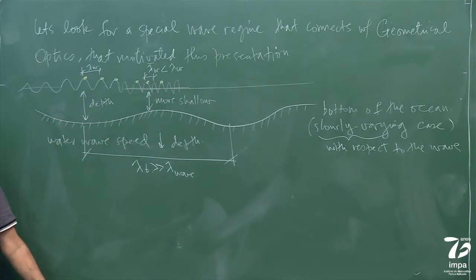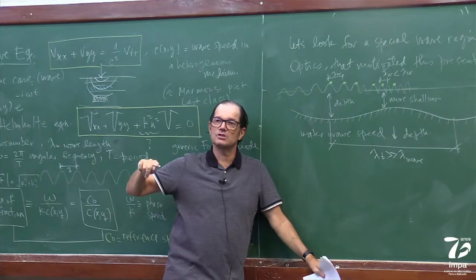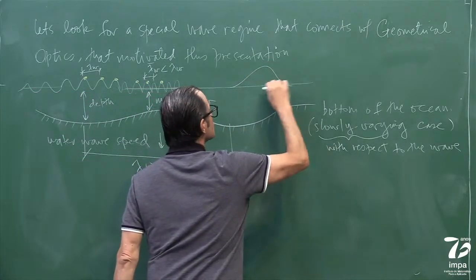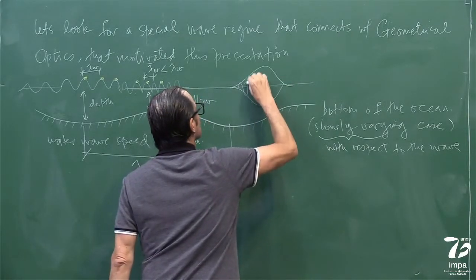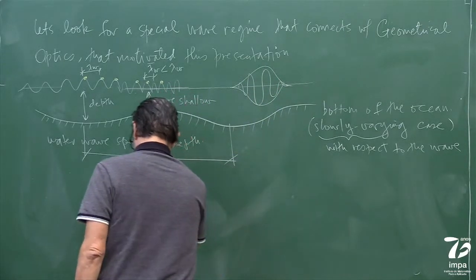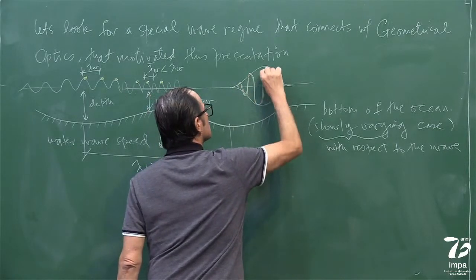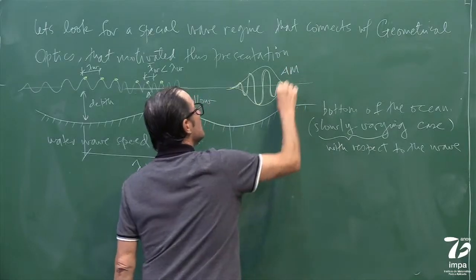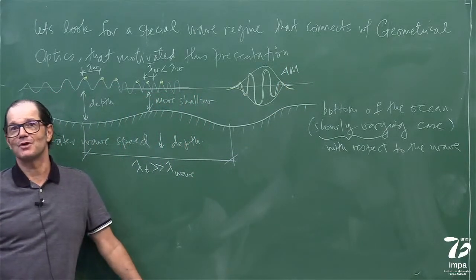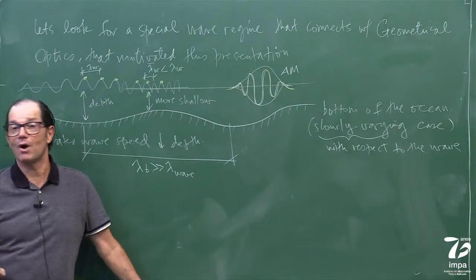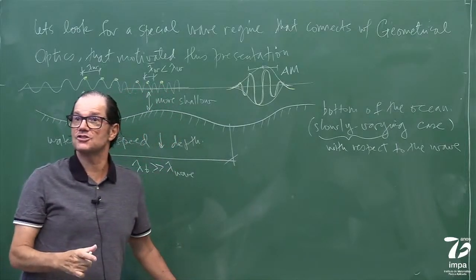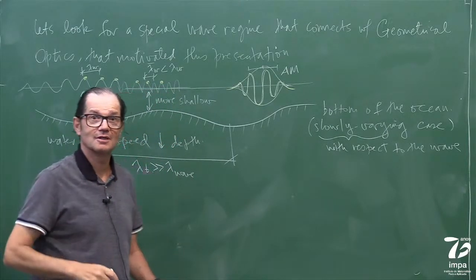So at one point we're going to see, actually I showed to you last class, that the Schrödinger equation for the wave was an amplitude modulation. So let me draw the picture here because it's good. For the Schrödinger equation, because these are things that are good to have in our minds. For the water wave, this is AM, a little bit the same names we have in radio, AM. Amplitude modulation. Why? Because the wavelength is constant. It doesn't change. But the amplitude is changing. And here